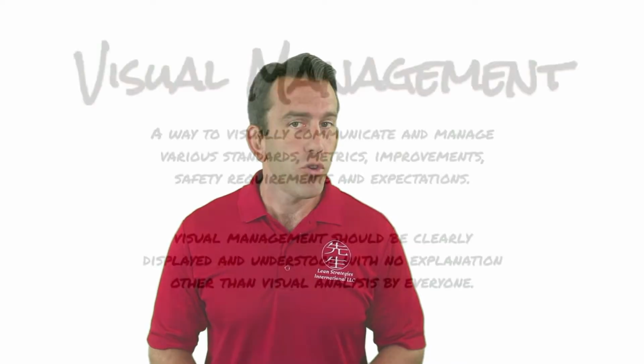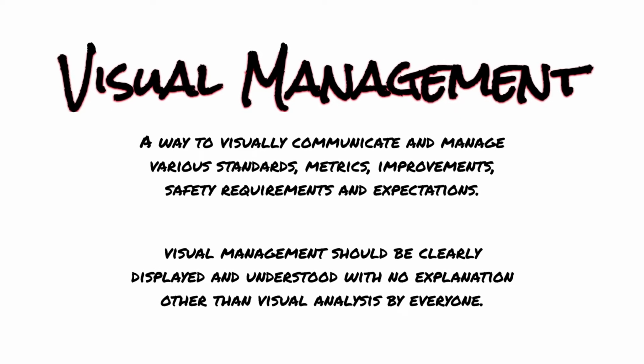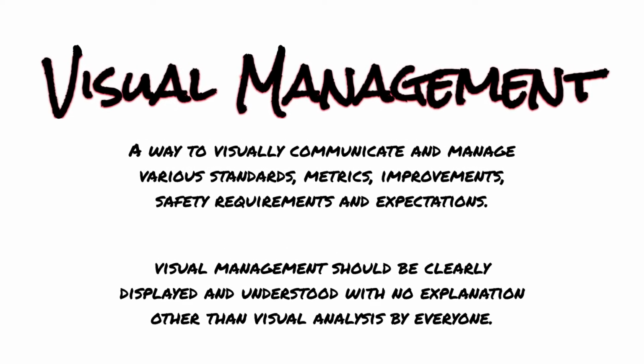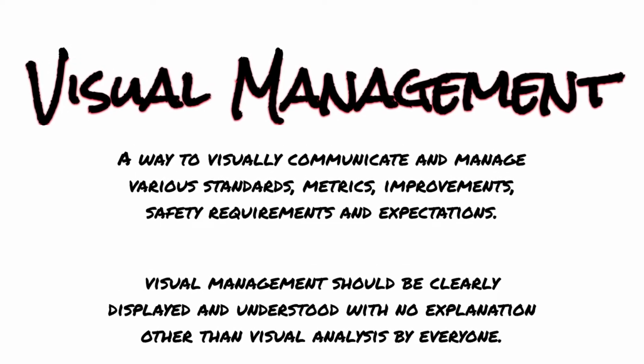You can summarize visual management by saying visual management is a way to visually communicate and manage various standards, metrics, improvements, safety requirements, and expectations. All forms of visual management should be clearly displayed and understood with no explanation other than